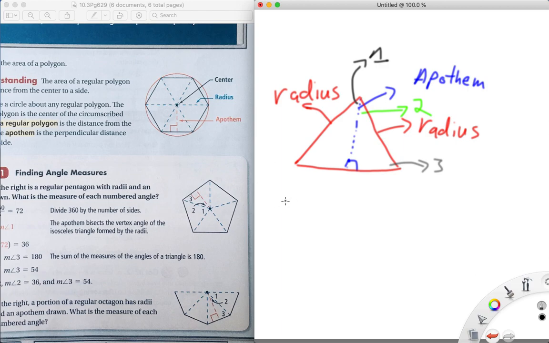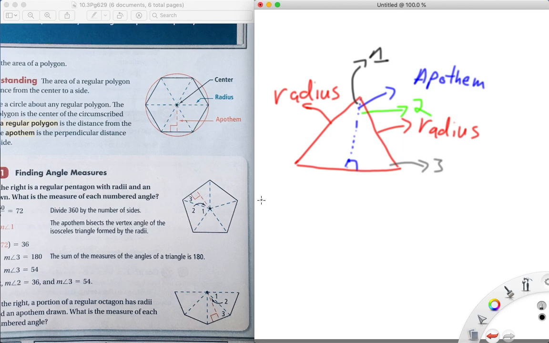In order for us to find angle 1, notice that angle 1 is here, here, here, and here, so it's around the circle. And since it's a pentagon, we have 5 triangles, and we have 5 of what they call a central angle. This is the angle associated with the center of the polygon, in this case the center of the regular pentagon. So we call this the central angle, and there's 5 of them. Since there's 5 of them, and it goes around the center, we can think of going around as a circle,